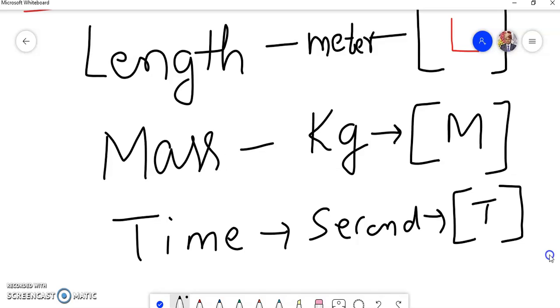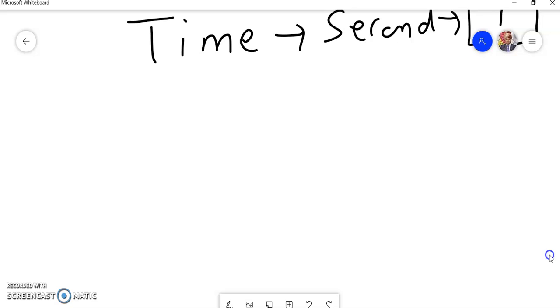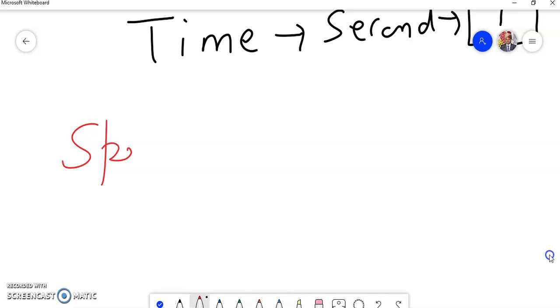How are we going to see? Let us ponder over it. See, we have these 3 physical quantities. These are the very basic physical quantities, the fundamental quantities. Now we should go towards the derived quantities. The very first quantity which comes to your mind is speed. You all know speed. Speed is equal to distance upon time.